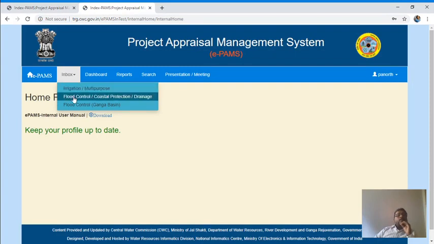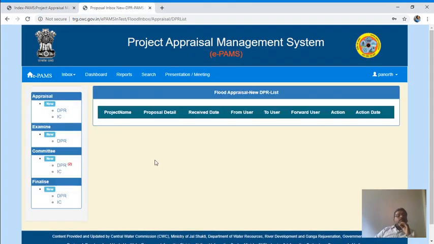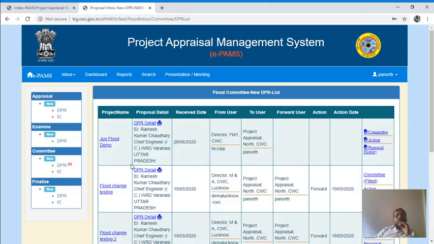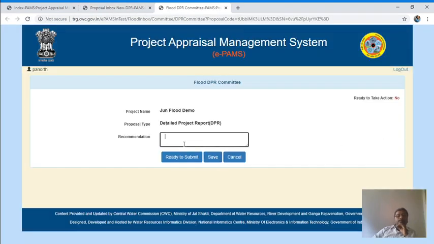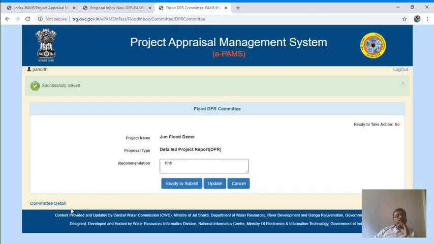Here come in flood control. You can see it in committee stage. The June flood demo is here, and committee related information can be put in here. Committee detail.